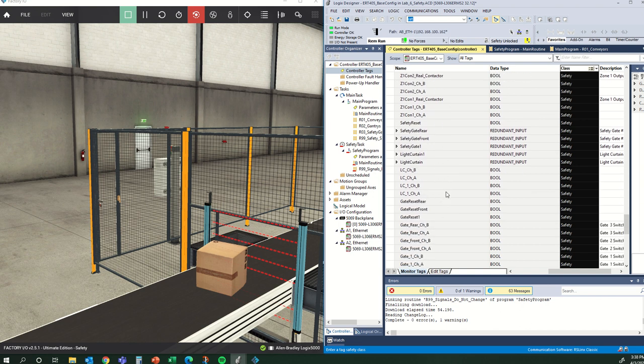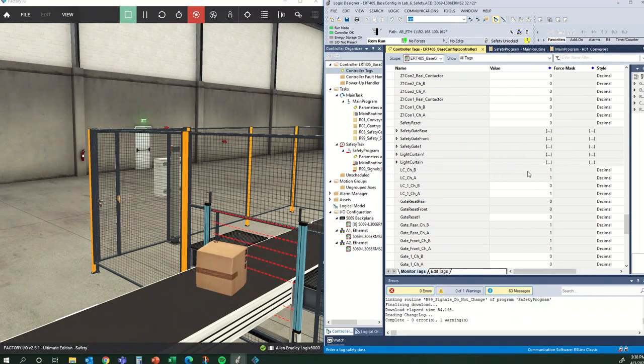So light curtain channel 1, channel 2. So these ones here. So this should be 1s when this is not broken. And you can see how this drops down to 0s when that is broken. Okay, so you can see how that's affecting that, and that's because of that mapping that we've set up. So it's getting mapped from the standard over to these safety tags here. So those are now ready for use in the